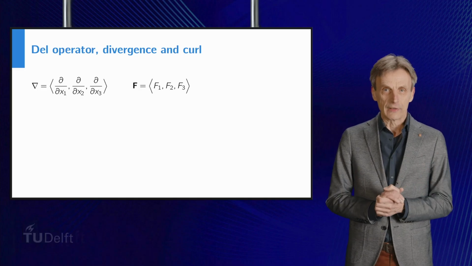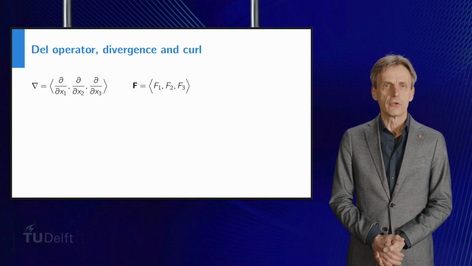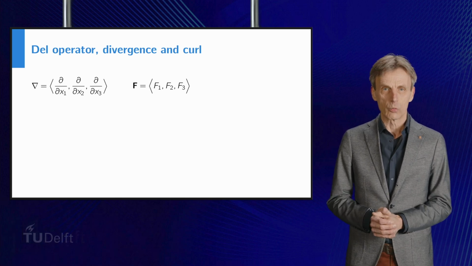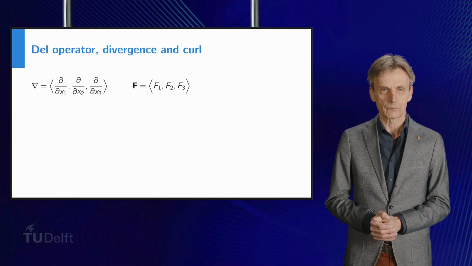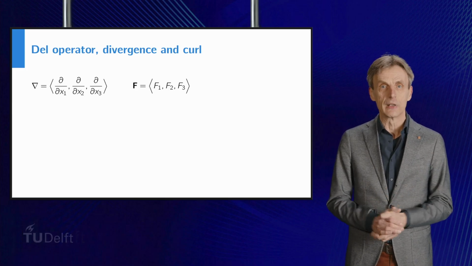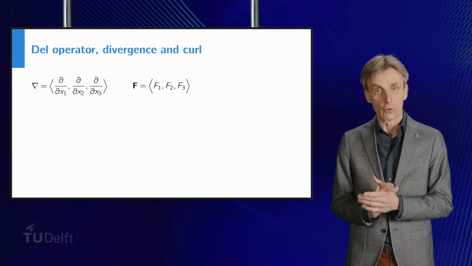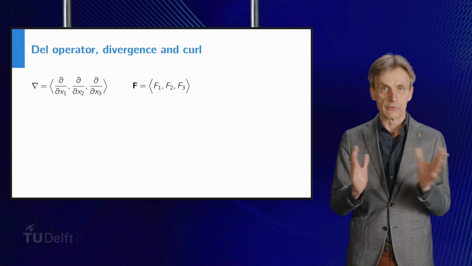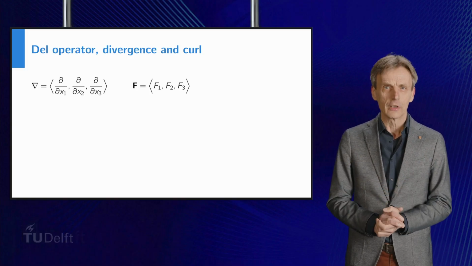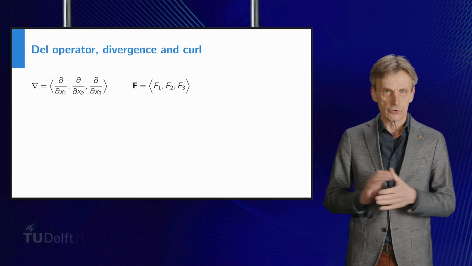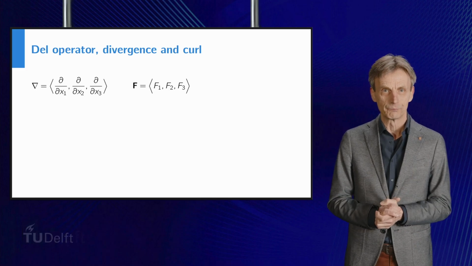Now suppose f is a vector field, its entries f1, f2 and f3 being functions of x1, x2 and x3. The del operator can act on f by using the formula for the dot product or the formula for the cross product, in which a product of an operator and a function, in that order, is always understood to mean the result of the action of the operator on the function.